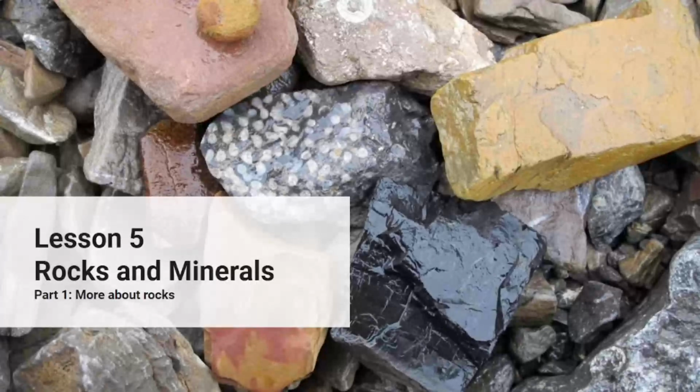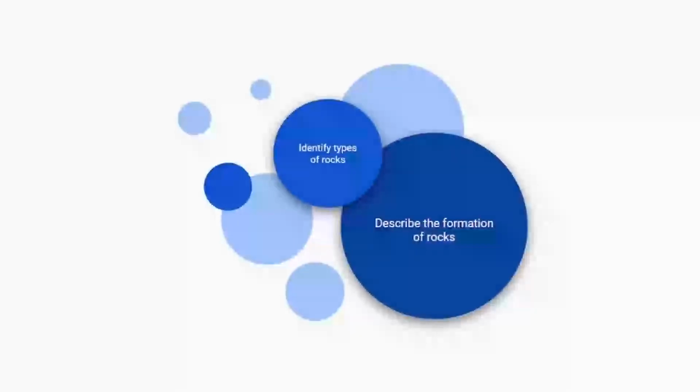So, children, today we are going to start with a new topic, that is Lesson 5, Rocks and Minerals. What are the learning objectives? It is the identification of the types of rocks and the description of the formation of these rocks. So, children, when you look at the soil, you find stones of different shape, color, size, and texture present